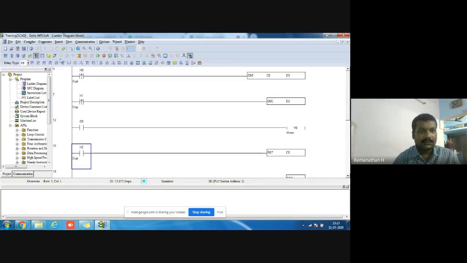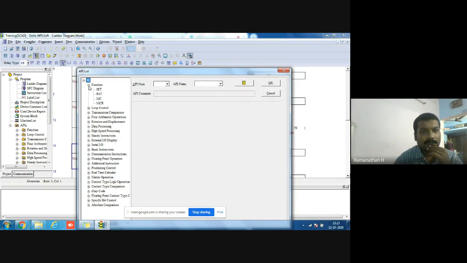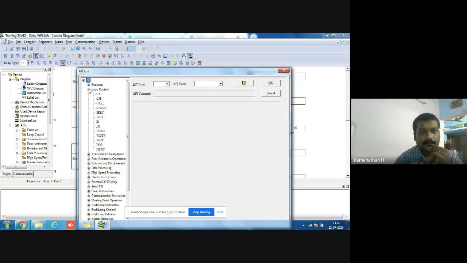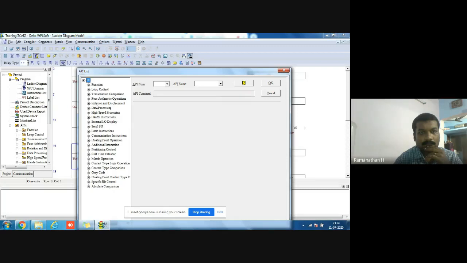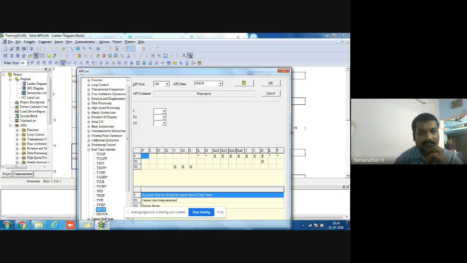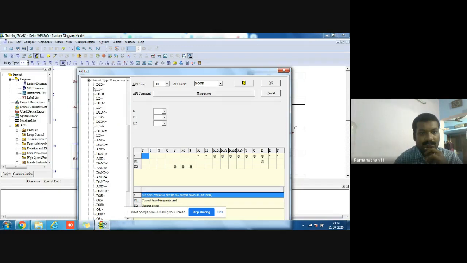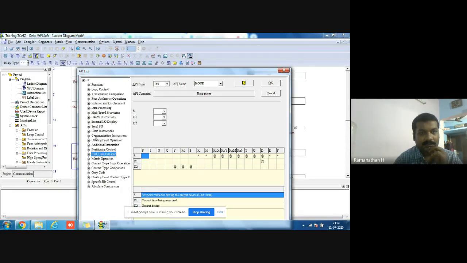The next thing we move on. These are the hardware type of real-time clock instructions, that type of instruction is there, and content comparisons.